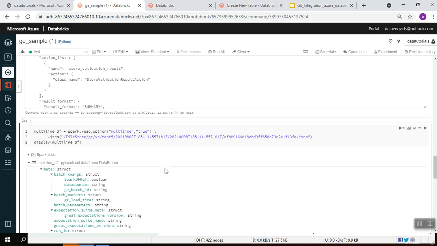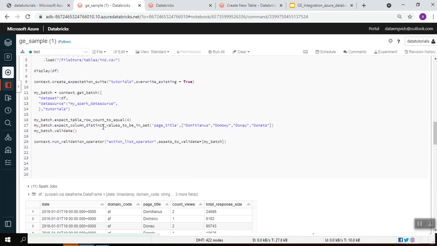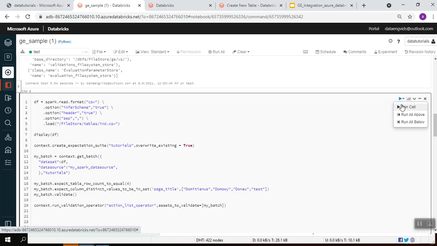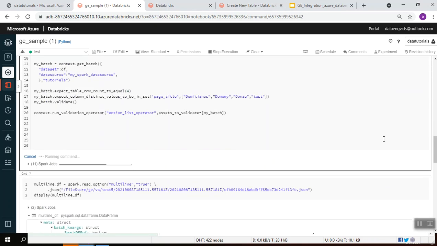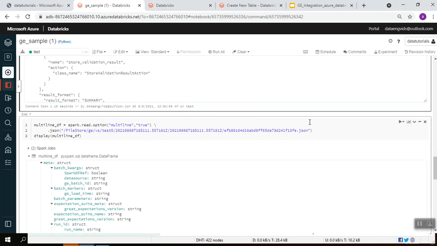Now I'm going to change the value. I'm just making one of the test cases fail, and we'll see the results as well. I'm just changing the data.